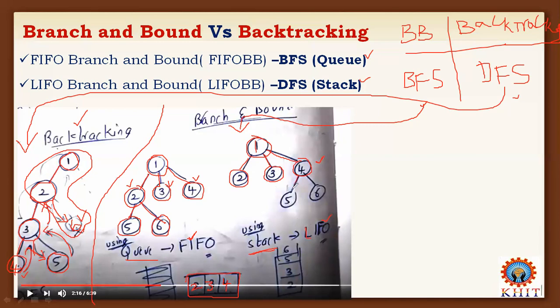That's why you can try to add the subnodes for the last node, which can be reflected over here. And you can create one data structure here and fill it with the nodes in last in, first out order. Which one is last? 6 is last in. So 6. Next last one is 5. Next last one is 3. Next last one is 2. In this way, you can fill the nodes or elements in the data structure.